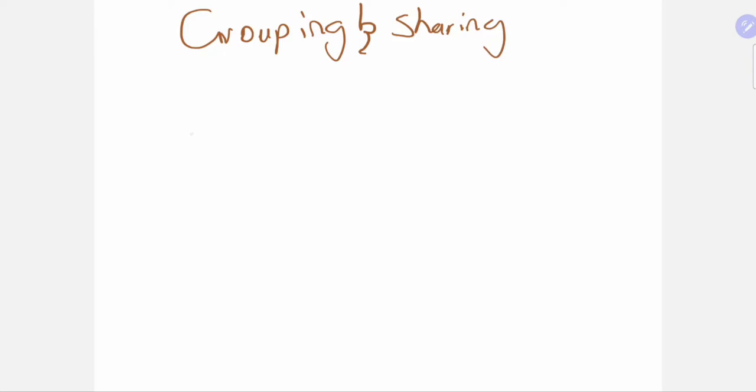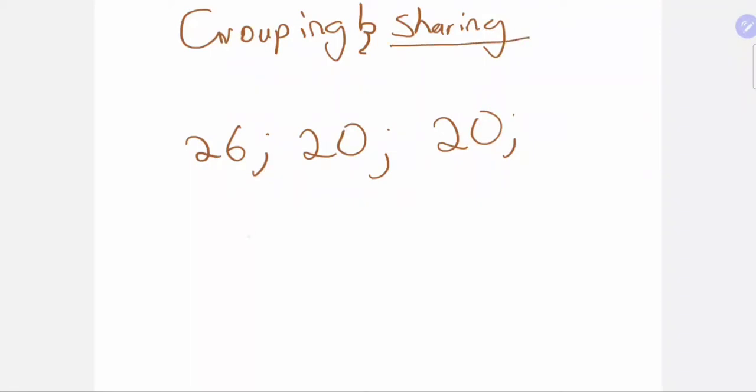Now say we have the numbers 26, 20, and 20. We want to essentially share numbers amongst these three groups in such a way that they are equal. Now, when you look very carefully at these numbers, I think the best way to do would be to take away 2 from 26 and then add it onto 20,